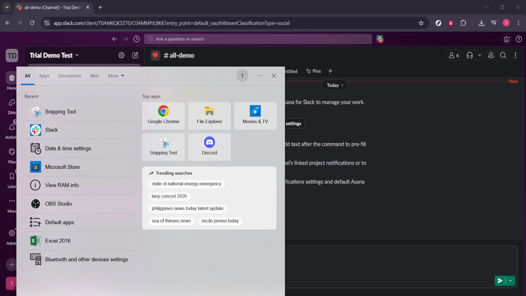Start on your desktop and click the search bar on your taskbar. On Windows 11, look for the magnifying glass icon or the field labeled Search. On Windows 10, it's the box next to the Start button. Clicking it places your cursor in the search field and opens the results panel, so you're ready to find the